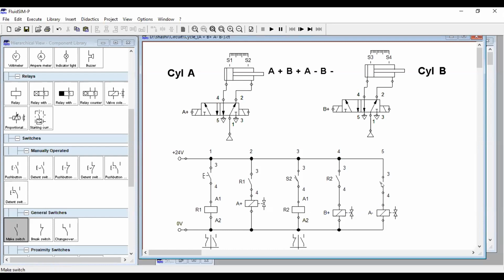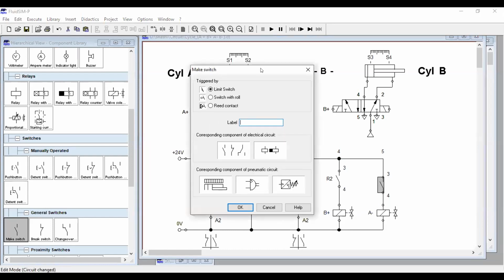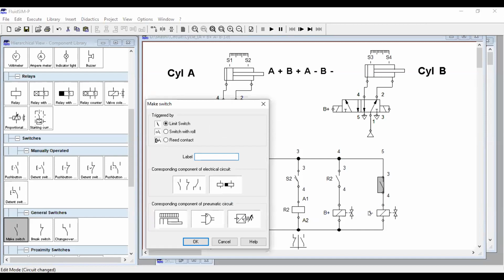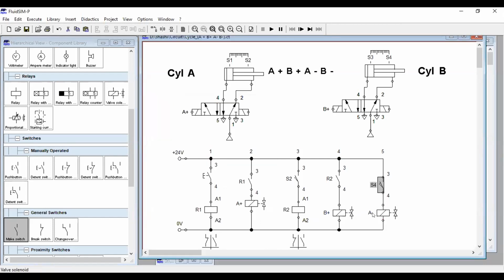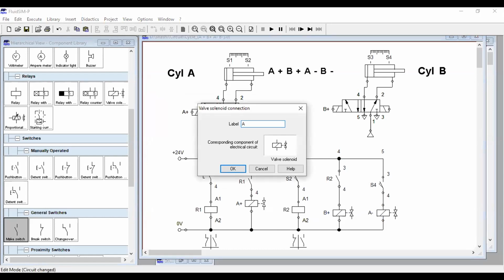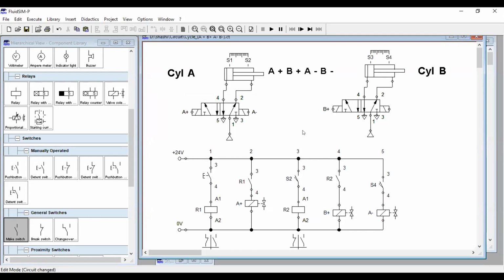Okay. So now double click on this and name it, when we want to do A minus, when it reaches the A plus B plus function. So B plus means this piston will be in the position of S4. So I will use this S4. So when the piston reaches S4, this will get closed. And once it gets closed, this will actuate the solenoid A minus. And here I will name it as A minus. Okay. So now this is A minus. Then once it reaches A minus, your piston will move from S2 to S1. And once it reaches S1, that is A minus completed.